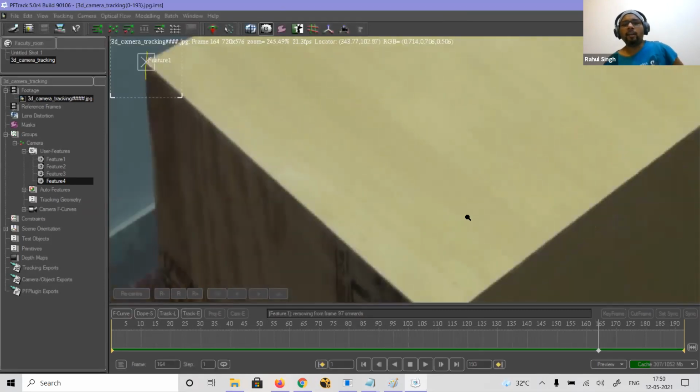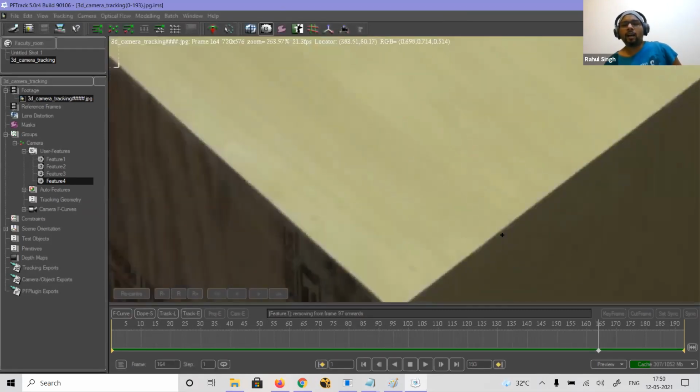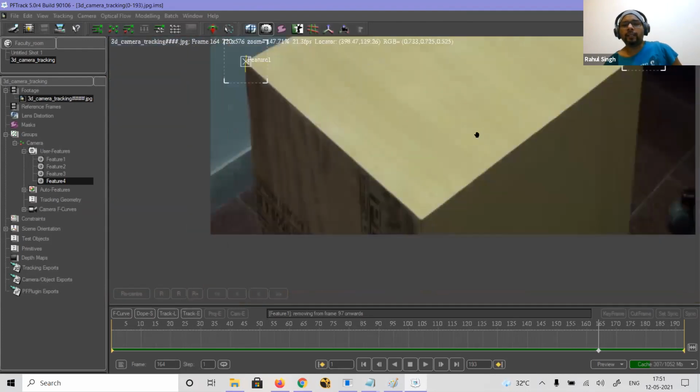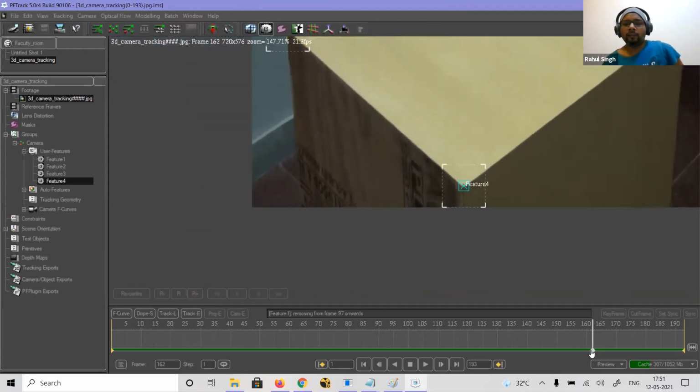It will show an error. Why? What is happening is it is going off, beyond the screen, right? So let's see where it was fine. Till here it was fine, right?